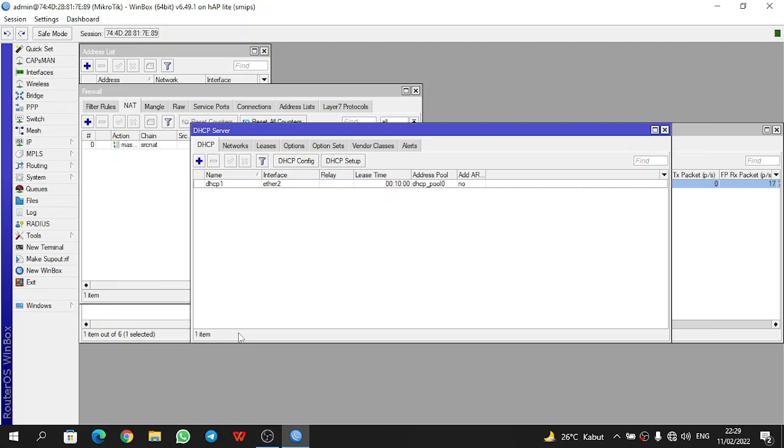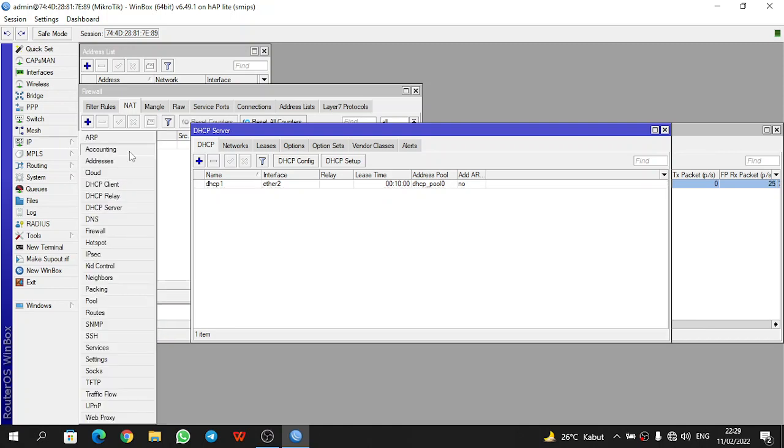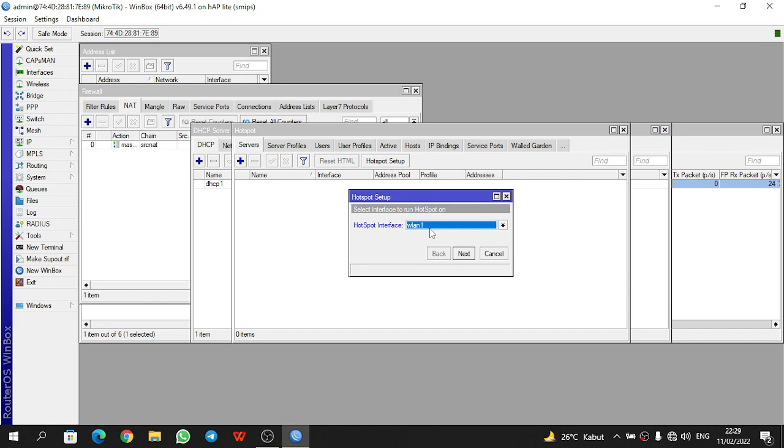Then, if we are done with the steps before, we can check the hotspot. We add a hotspot setup and change the interface to Ether 2, and click next.